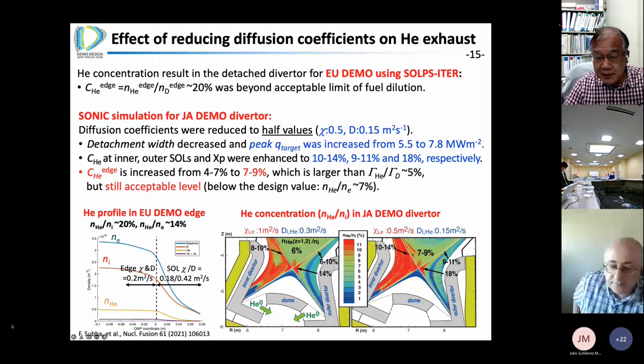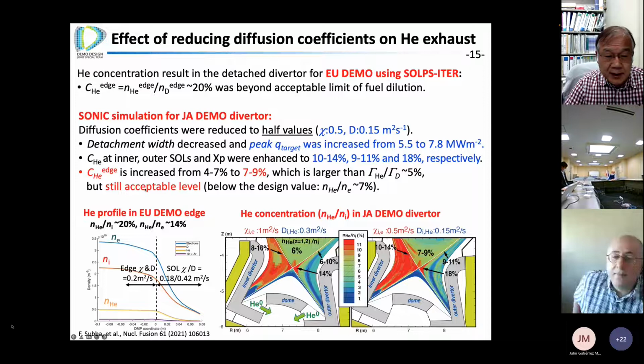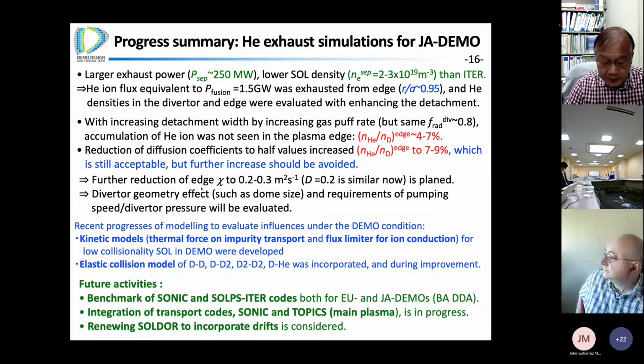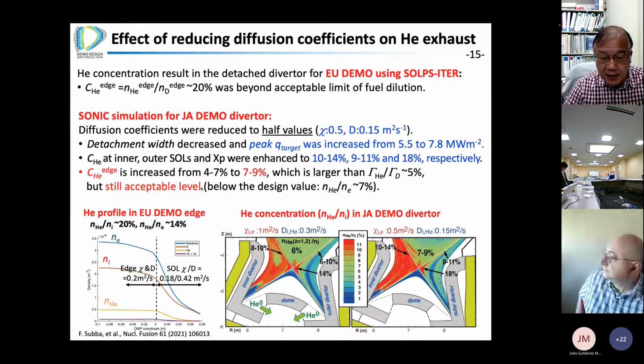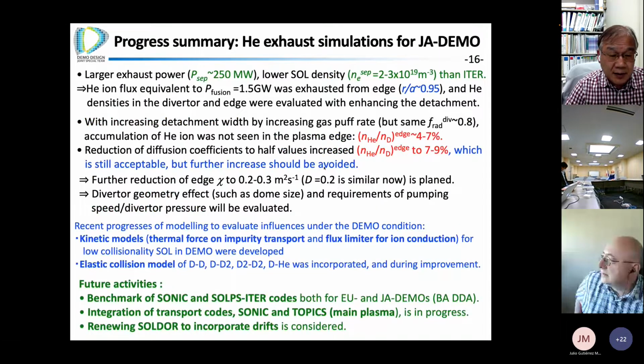In this case we can see it is a little bit increased, but on the other hand, this is still an acceptable level of the DEMO designs. So that is our situation. In the future we will reduce the diffusion coefficient, and we will study the sensitivity. Then we can change the DEMO designs, and then we can see the exhaust studies. So that is our